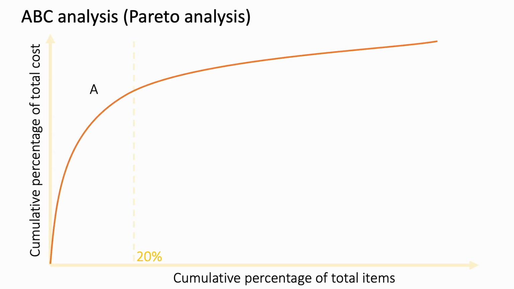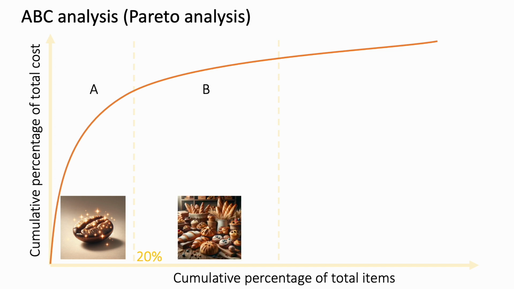A items are your big spenders. They make up just 20% of your total items, but they account for a whopping 80% of your costs. In a coffee shop, this could be your high-quality coffee beans. They're expensive, making them a priority for cost management. B items fall in the middle. They're not as costly as A items or as cheap as C items. Maybe it's your pastries. They cost more than napkins but less than coffee beans and are essential to your shop's